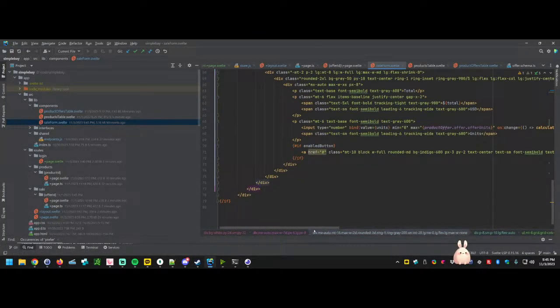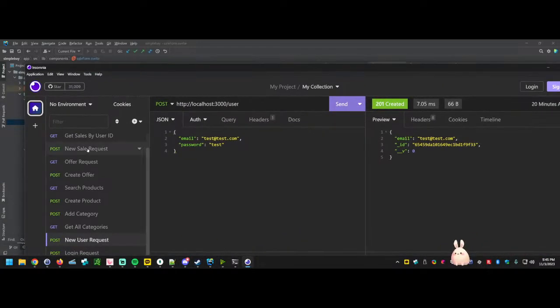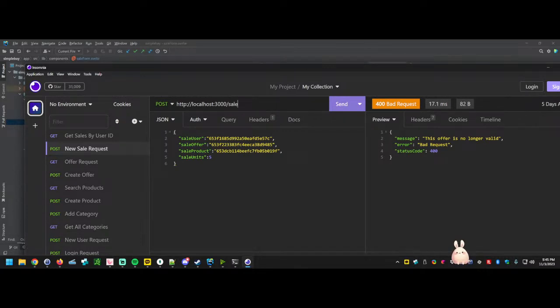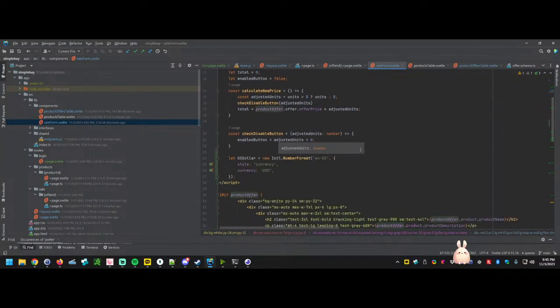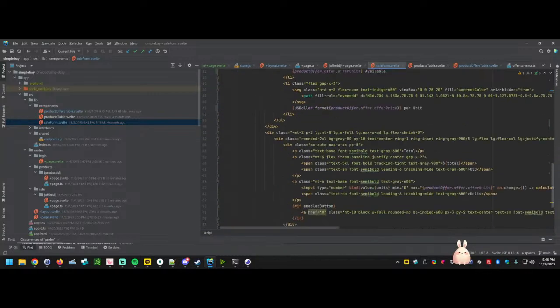And now we want to handle the purchase. Very specifically, why I needed all of that is because of the way I wrote the endpoint for an actual sale, and again, I can always change it. When we do the sale, we have to get the sale user, which means we need the user ID. We could have just had someone put in the email, but I thought it would be easier to have them log in once and then it just keeps their user ID. We get the sale offer, the sale product, and the number of units purchased from the rest of the fields. We already have the sale offer and sale product that come over from the product object inside product offer. So really the thing we needed to complete a sale was the sale user, which we didn't have until we implemented some of the user logic on the front end, calculating price, and then